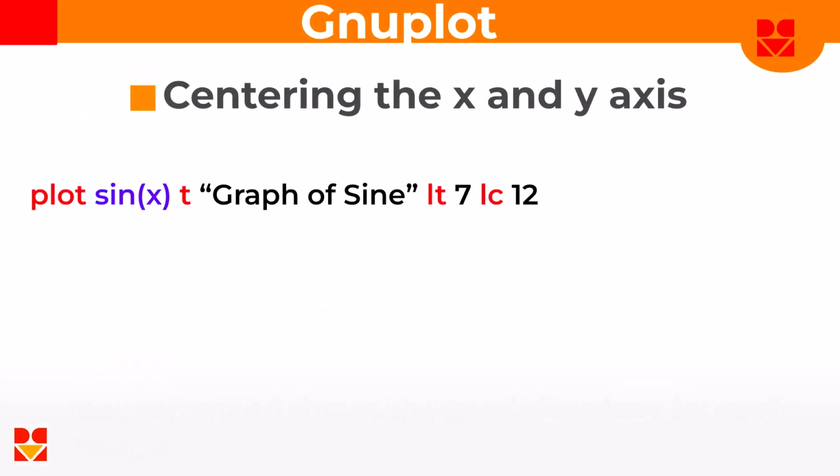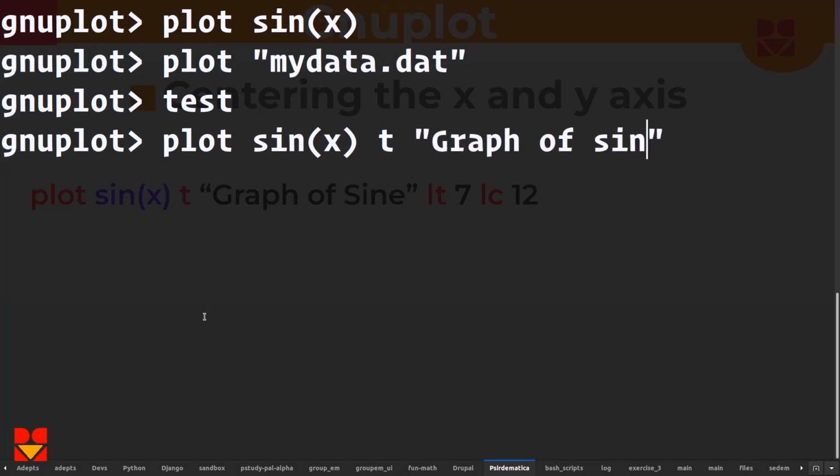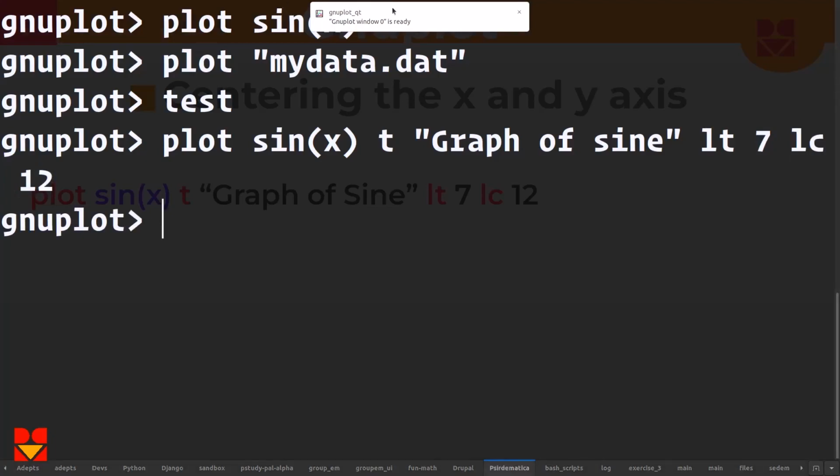Now we could decide, okay, let's plot the same graph, sin x. So plot sin x, and then we set a title to graph of sin x. And then linetype, maybe 7. And then linecolor, 12, like this. When we hit enter and we check the value,